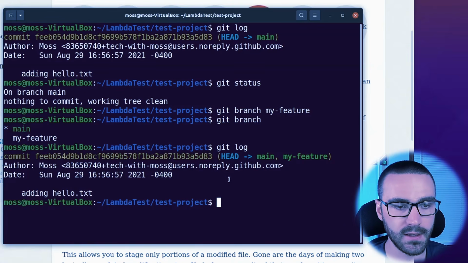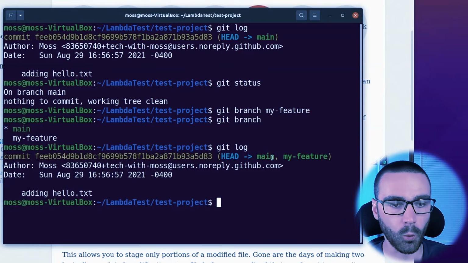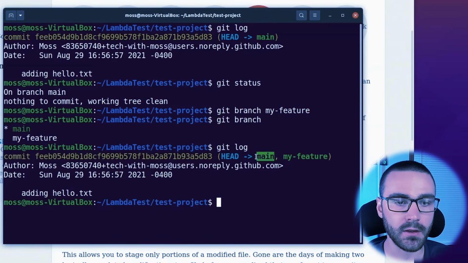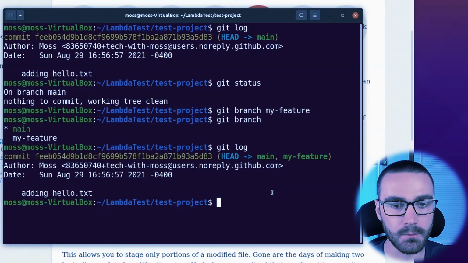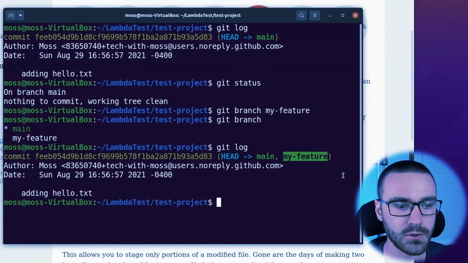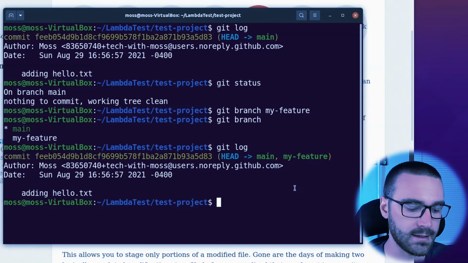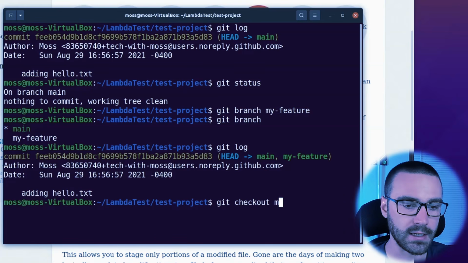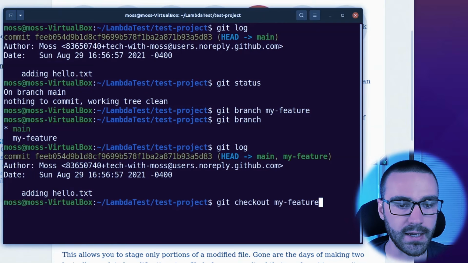But also notice that the head pointer is currently pointing to main, which means that we're working on the main branch, and any changes that we make would be committed to the main branch, and they would not be applied to the my-feature branch. So let's go ahead and check out to the my-feature branch, and to do that we can use git checkout and then the name of the branch that we want to check out to. So I'm going to say git checkout my-feature,